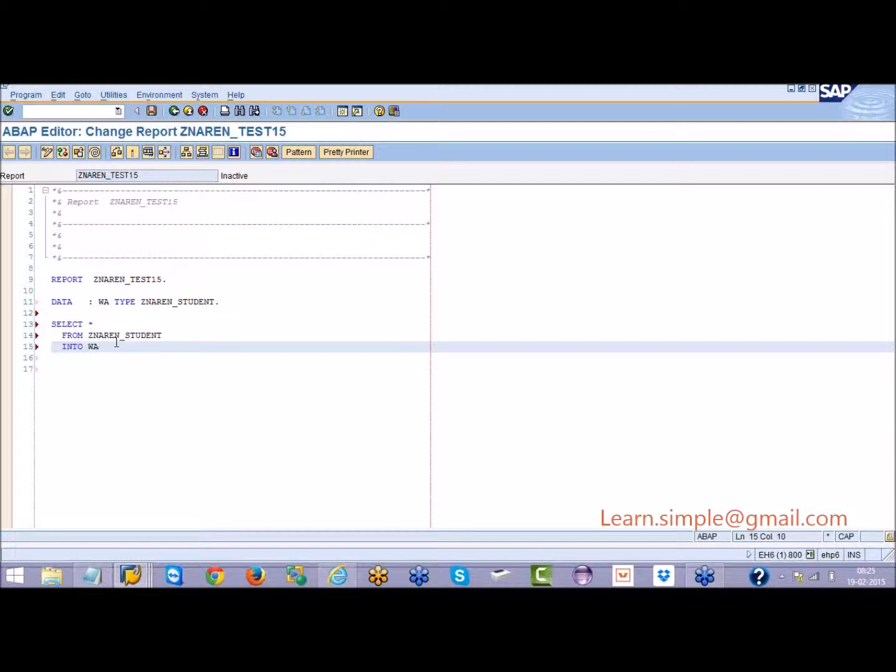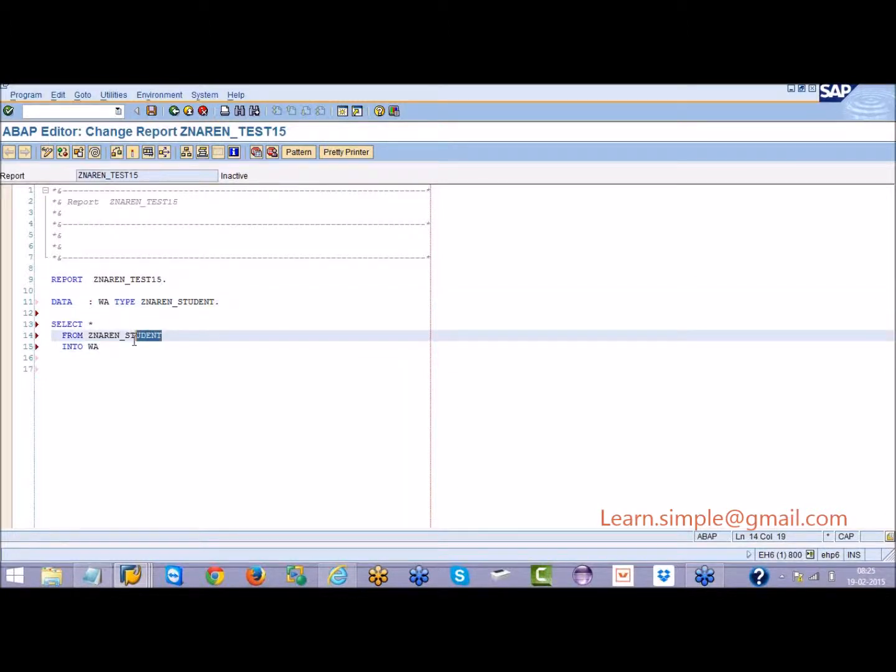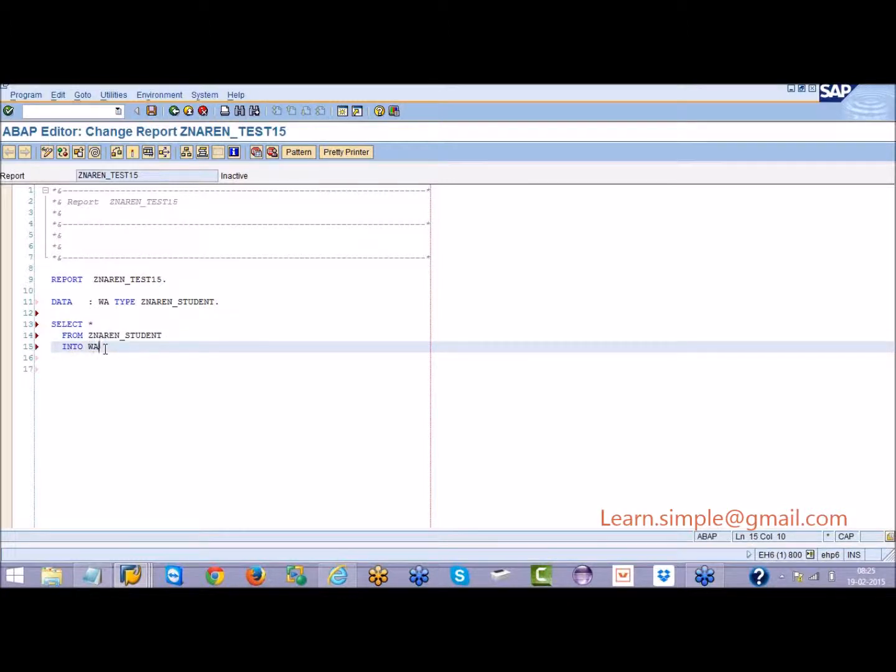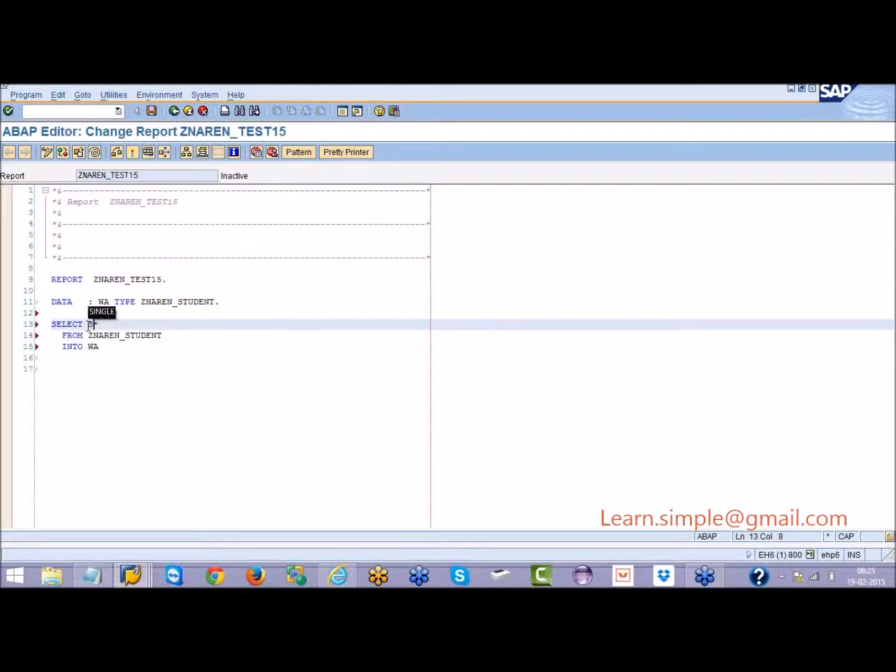I want to put it in a work area. I have created a work area. This is empty. In this empty memory location, I want to put the data which I am bringing from this table. But how many records can I bring? A work area can store only one record. So I should say here select single star.